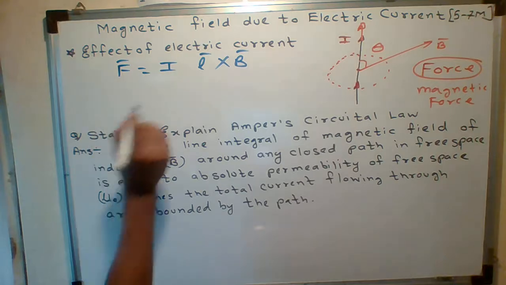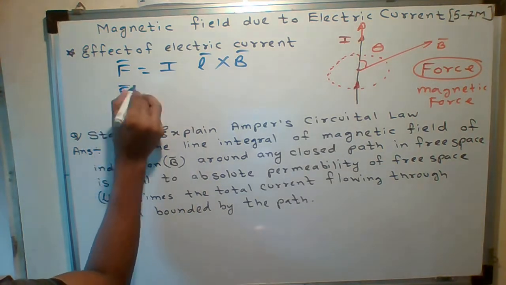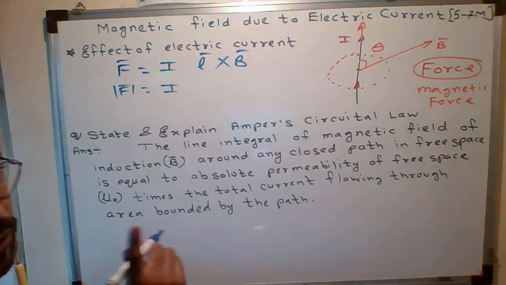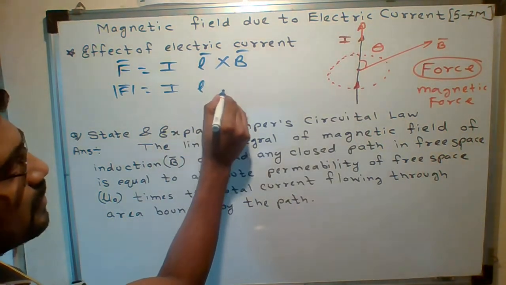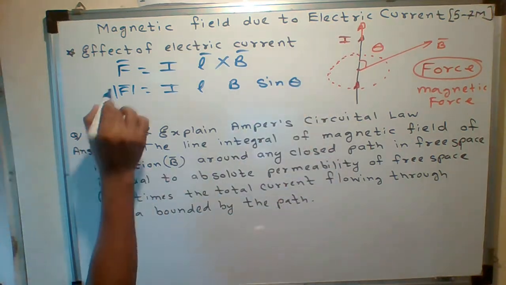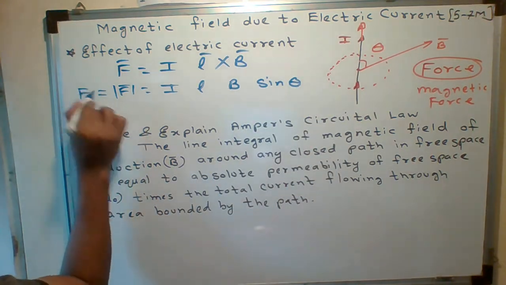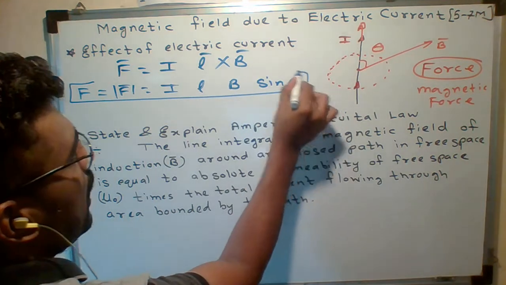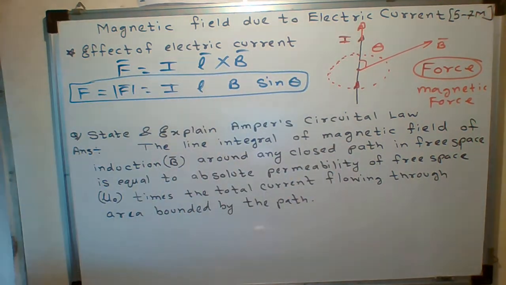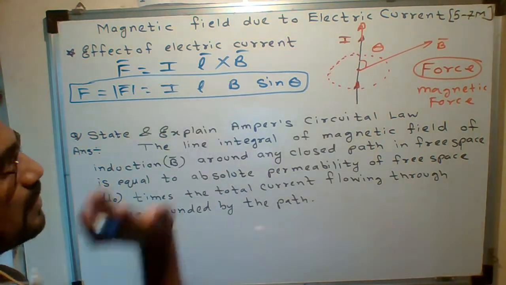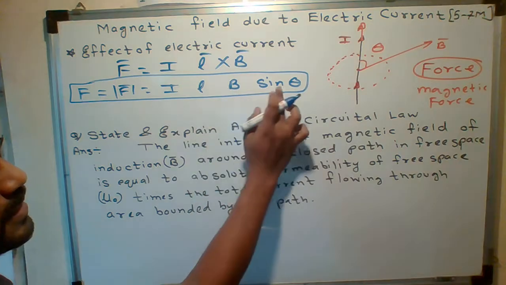B bar is also called magnetic induction. Students, I want to find the magnitude. After finding the magnitude, what is the actual formula for the cross product? You know the formula: L into B into sine theta. So the magnitude of F bar can be written as F also. So the formula for magnetic force is I love Bharat sine theta. You won't make any sentence, I love Bharat, I love India. In this way, I love Bharat sine theta.